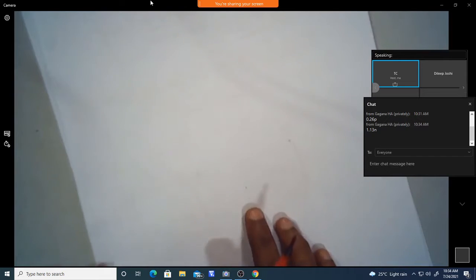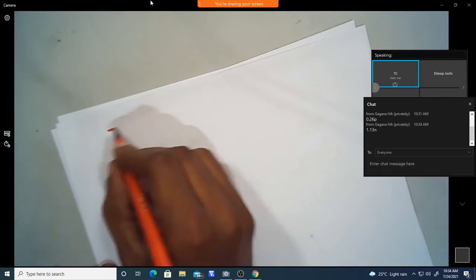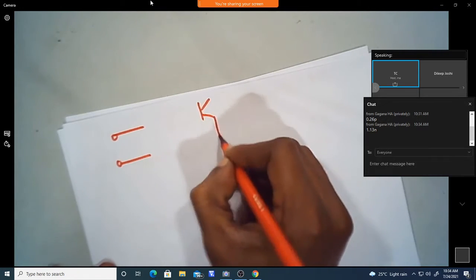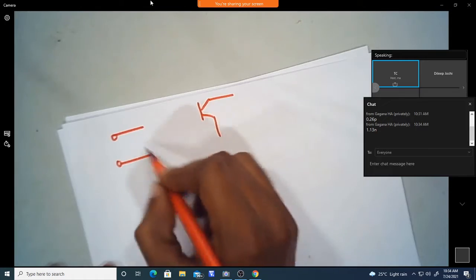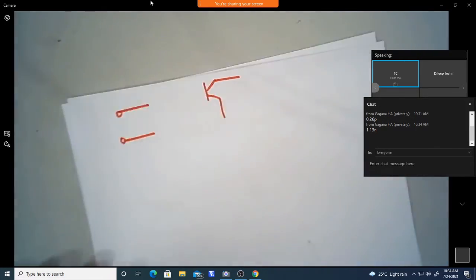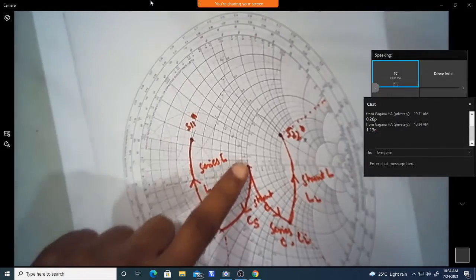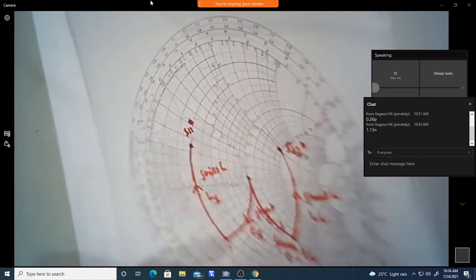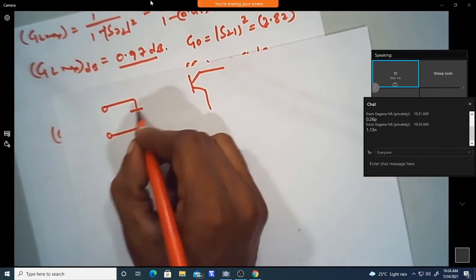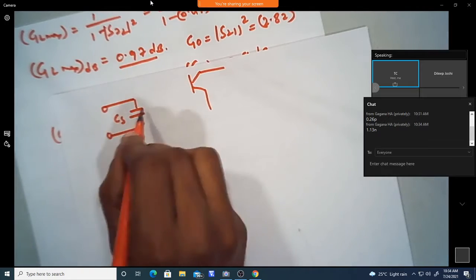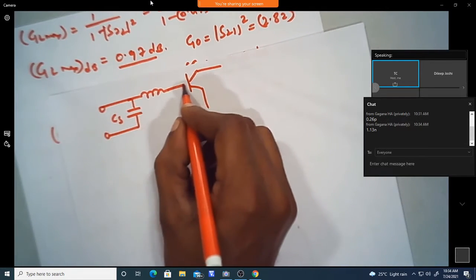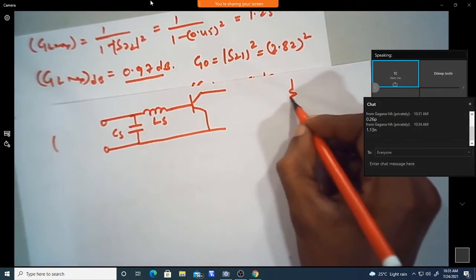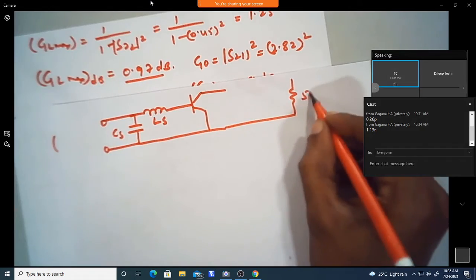Okay, so now we have designed the complete matching network. So we can write the complete circuit. Okay, so first we have the transistor. Now we have matched at the input side. From the input side, what is the first value? From the 50 ohm source we have the shunt capacitor CS. Okay, from the source side we are moving, then we have the inductor, that is LS. Then at the output side, first we are moving from the output side, that is the 50 ohm load.